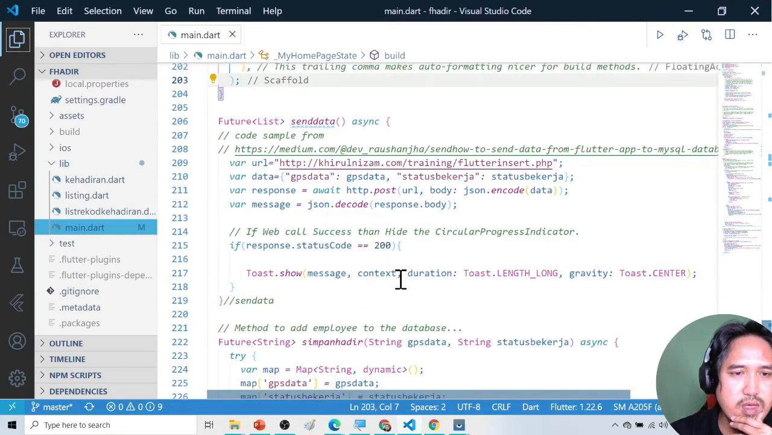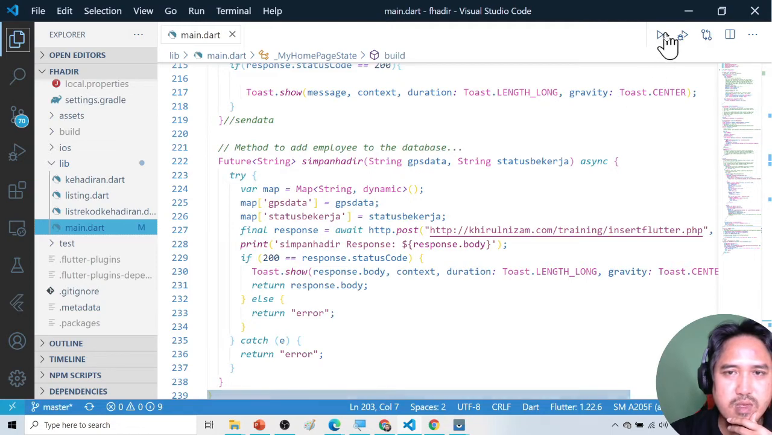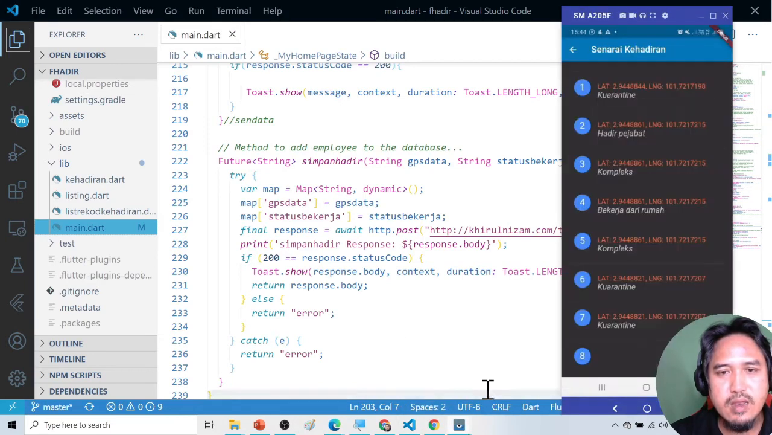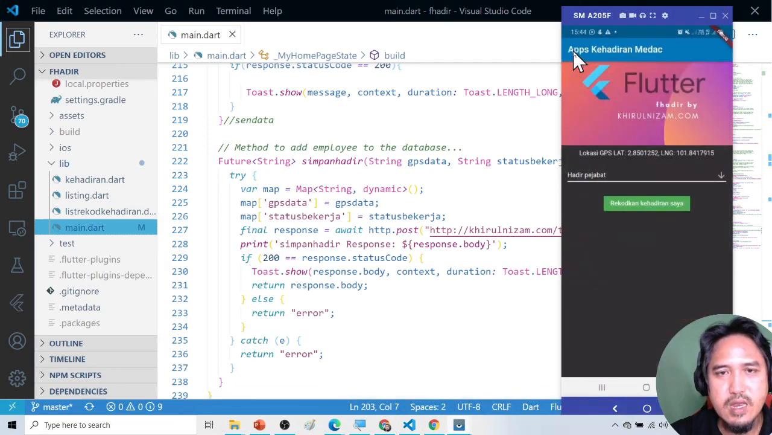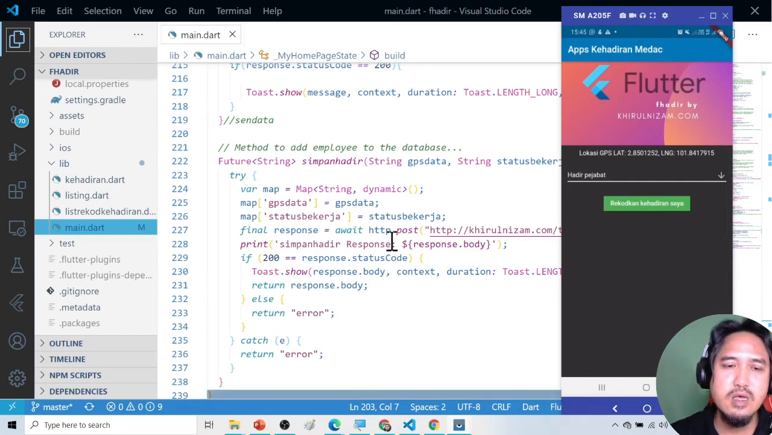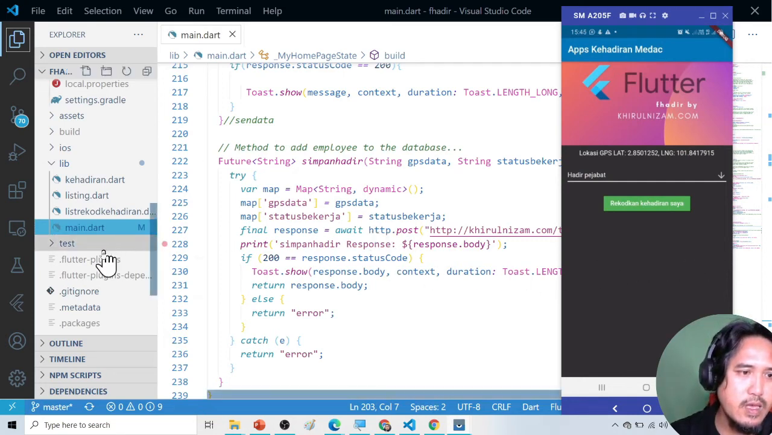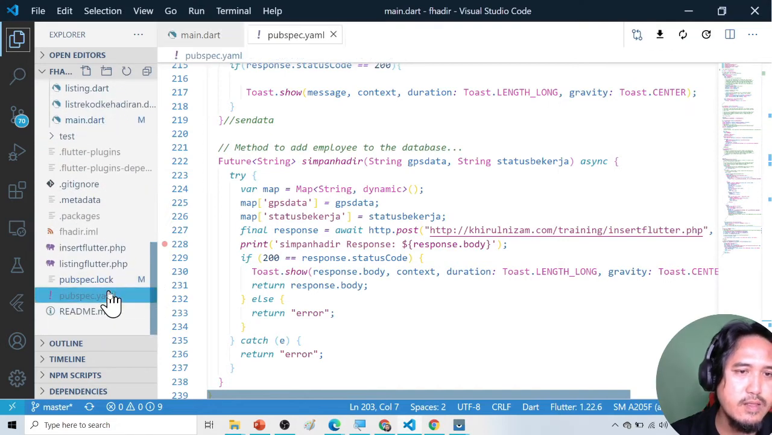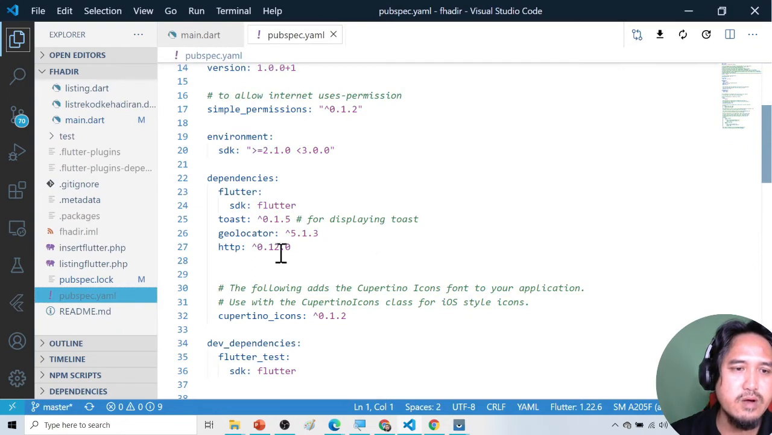You can simply click on this, and your code will be executed inside an emulator or something like that, or inside an actual device. So you can use this, and why I say this is quite easier to add an additional library, because